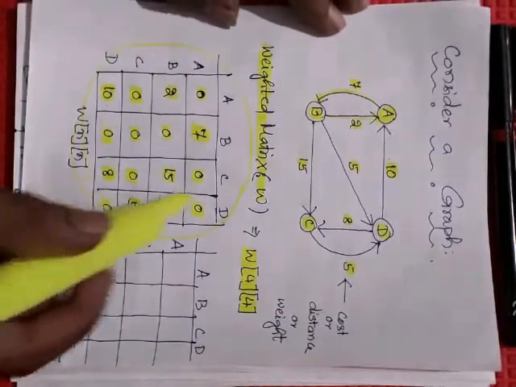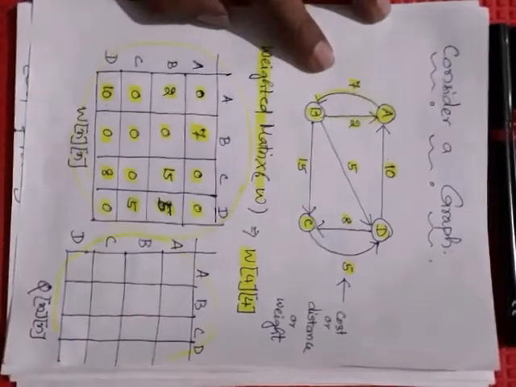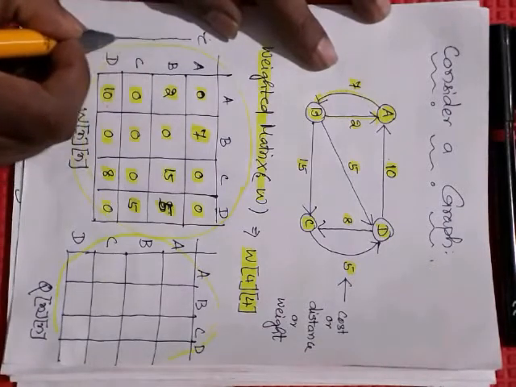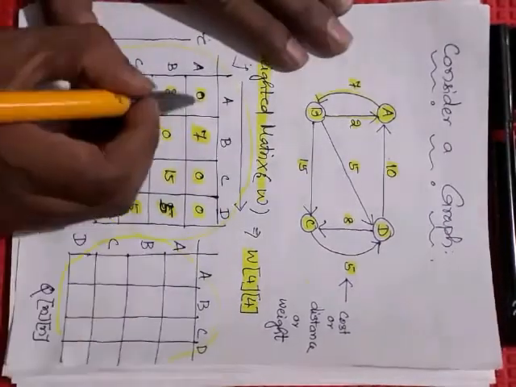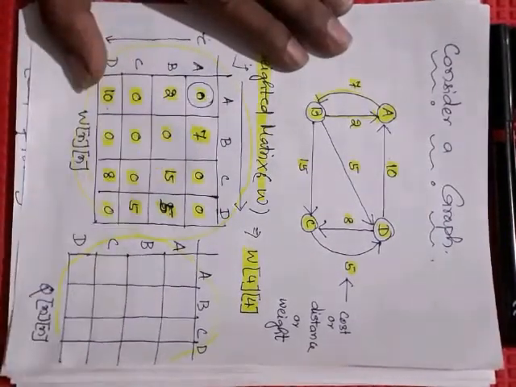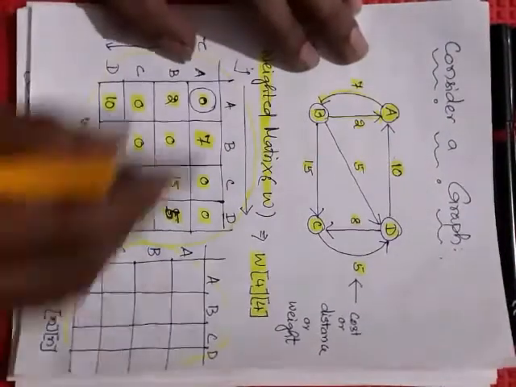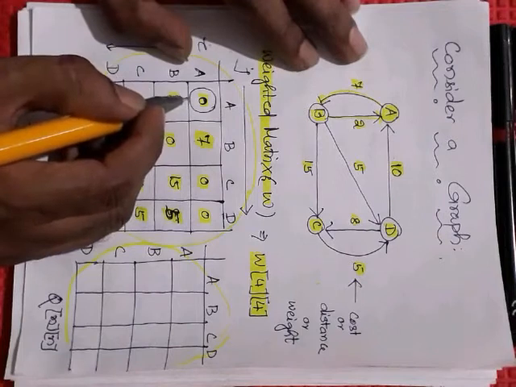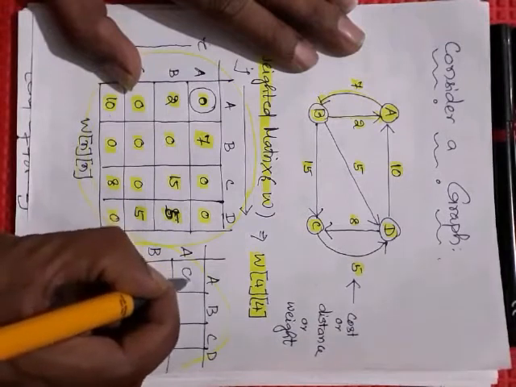Now in this matrix, this is my W matrix and this is my Q matrix. In the Q matrix, I represents the row indices and j represents the column indices. When W of ij is 0, you can see Q of ij equals infinity. It means when there is A to A, we are not finding any weight. We don't know the distance between that pair of vertices. So when we don't know, let us put infinity.